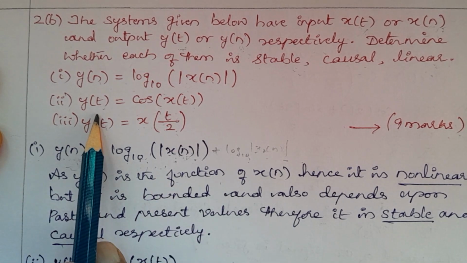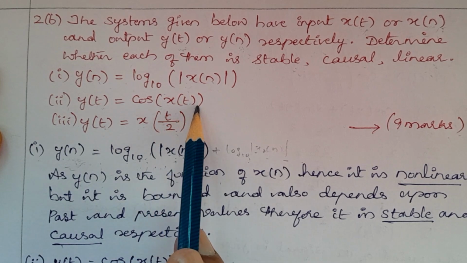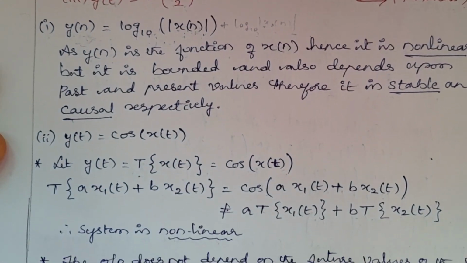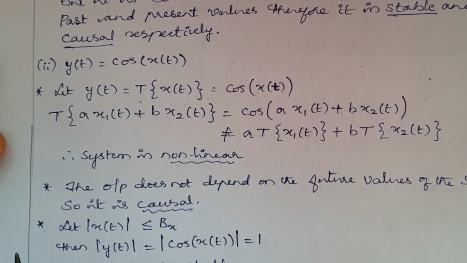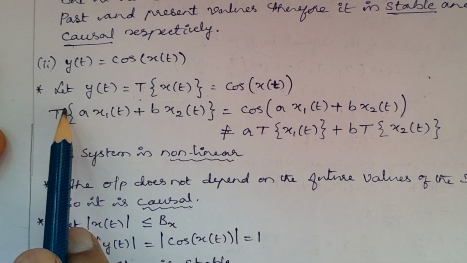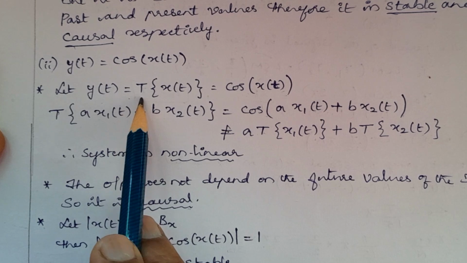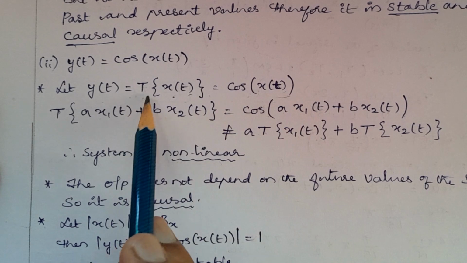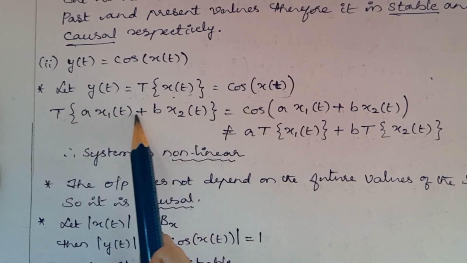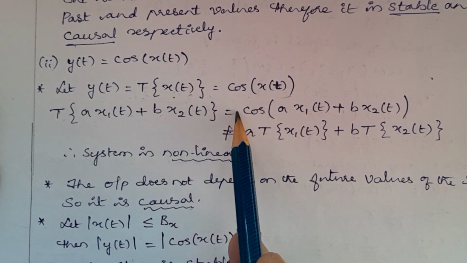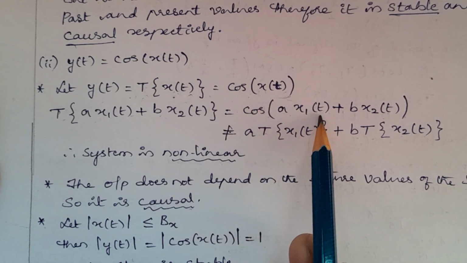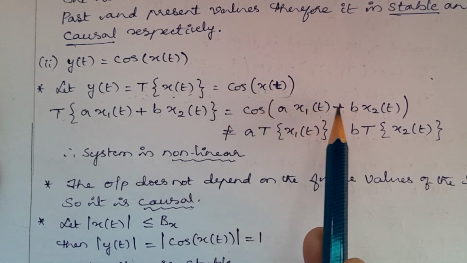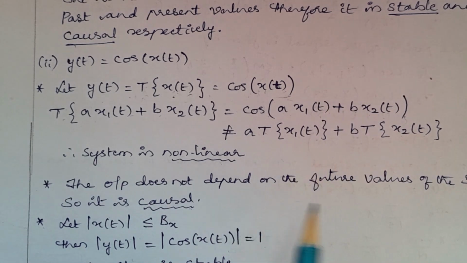Next, second one, y of t equal to cos of x of t. First check whether this is linear or non-linear. Let y of t equal to T of x of t equal to cos of x of t. T of a into x1 of t plus b into x2 of t equal to cos of a into x1 of t plus b into x2 of t. So we know the formula cos of a plus b equal to cos a cos b minus sin a sin